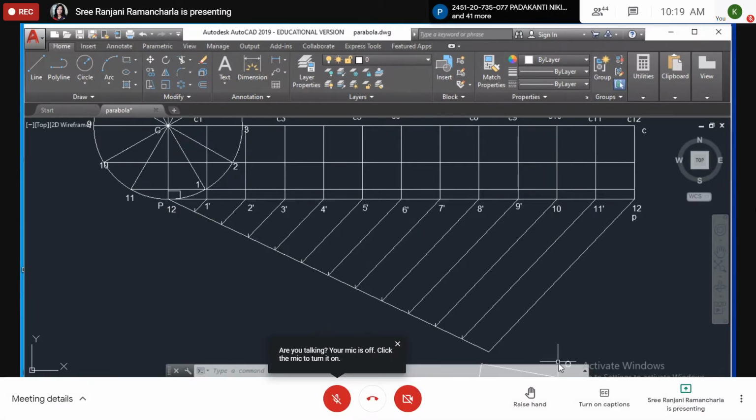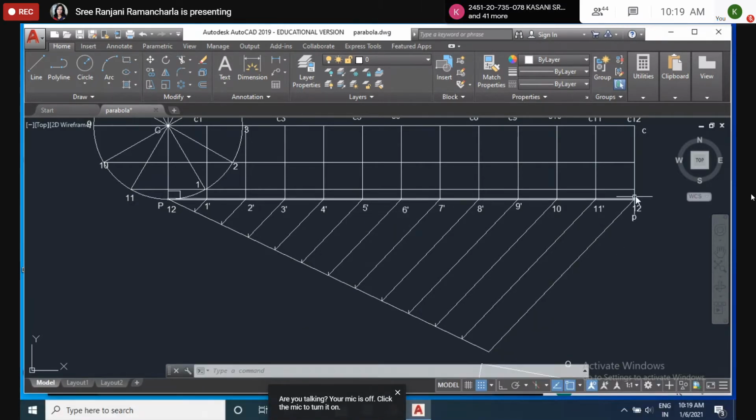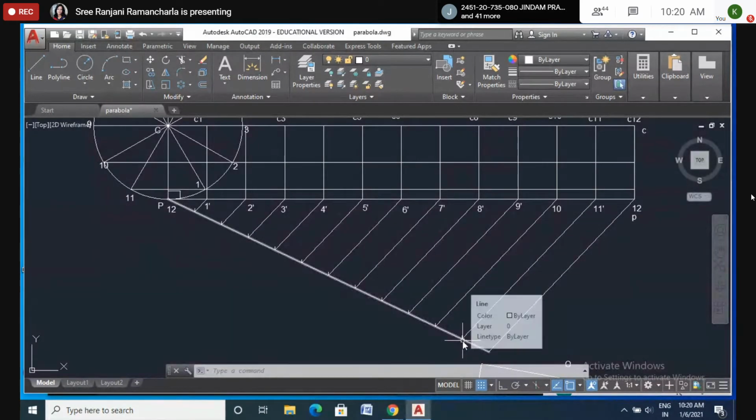Yes, and this end of the line and this end of the line, join these two ends. Then from this point, draw a line parallel to this line. It will cut at the point 11, somewhere on this line. Similarly from this point, draw a line parallel to this line, and it will cut somewhere here. So that is 10. Like that you divide all the points, draw all parallel lines here.